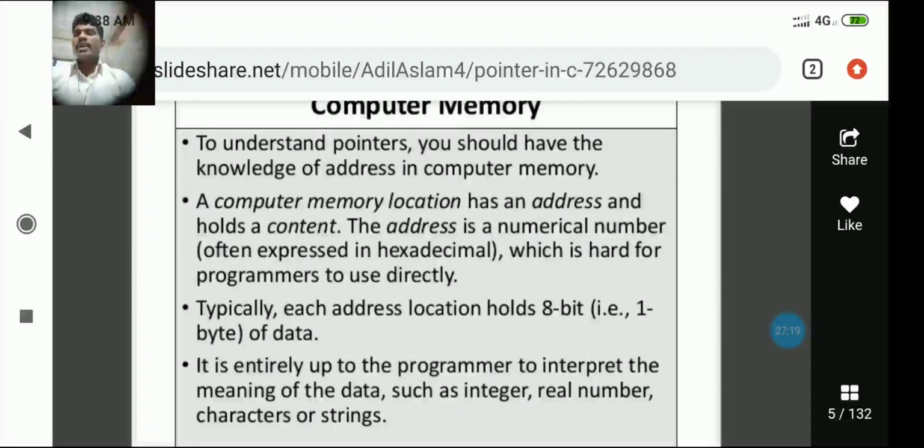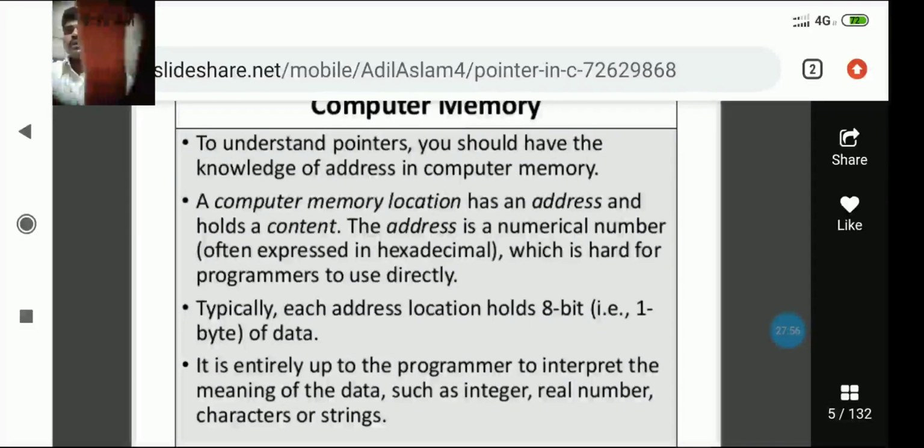In the same way, in memory also, like a village, memory locations are there, and each location will help you to store the data values. In a village, several locations help you construct schools, panchayats, and many houses, and each place has a specific address to identify that location. That process is called knowing the address.